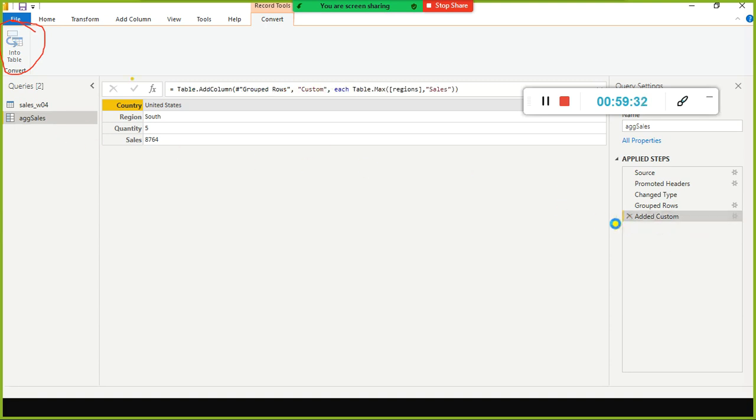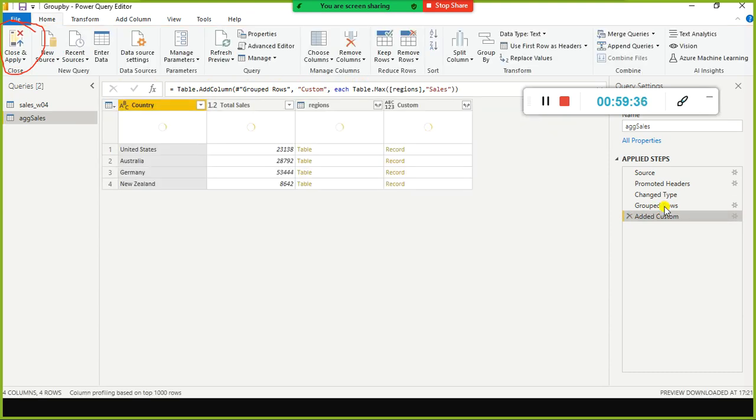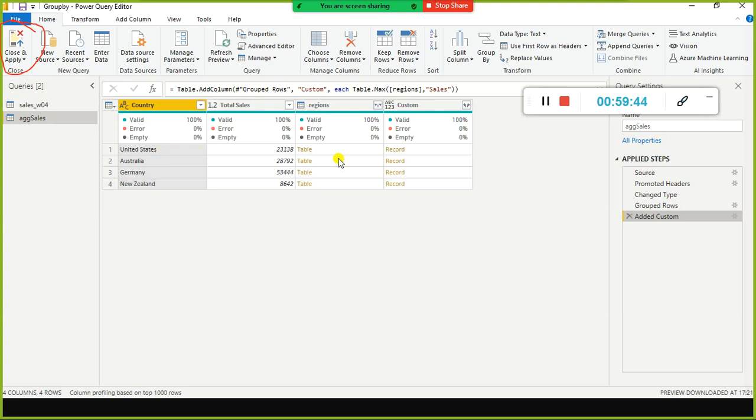Okay. So you need to create another column. With the help of the Table.Max function, we are able to find out within the United States what is the maximum sales we achieved, which record has the maximum sales.